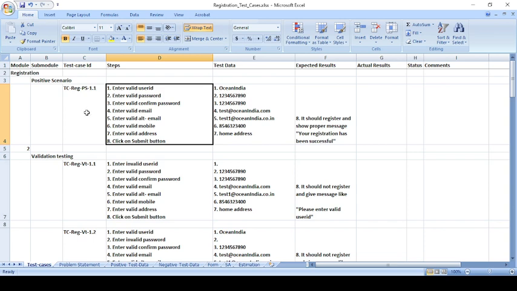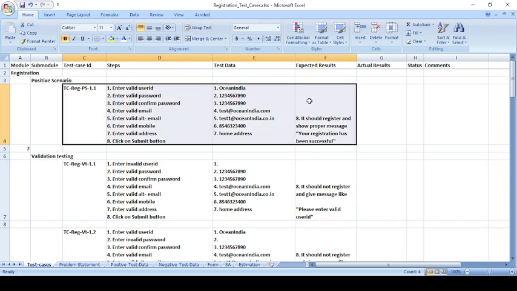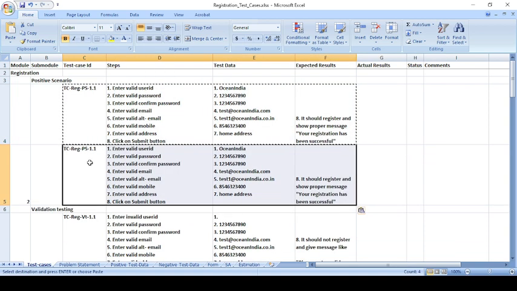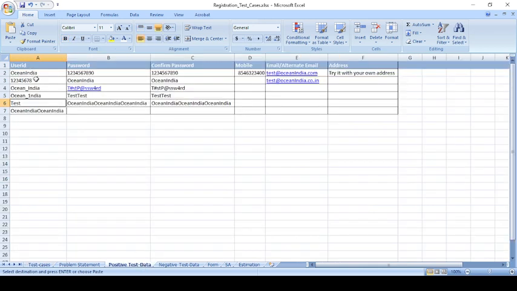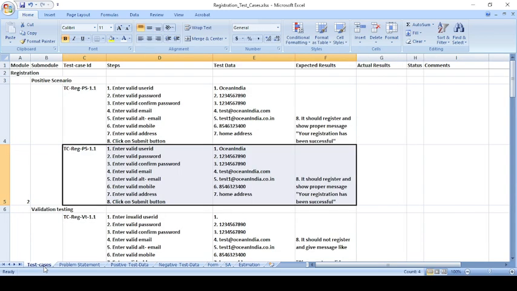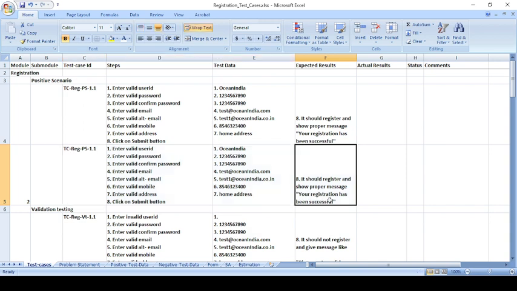Okay, so we won't be only having one test case. Here I have mentioned one example. We have to copy paste this, and we'll just copy paste it. Just a minute. Control C, and we copy paste here. We'll change the test case ID number, and then in the test data, instead of Ocean India, we can have this one, and then try whether you are able to register or not. Okay, and in the end, you need to also check whether you get the message that your registration has been